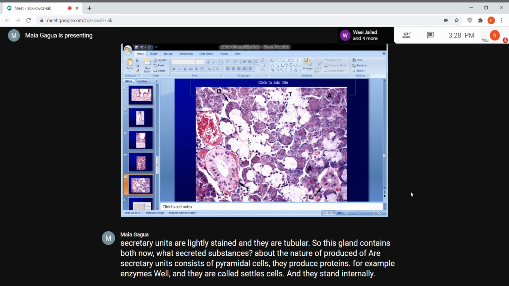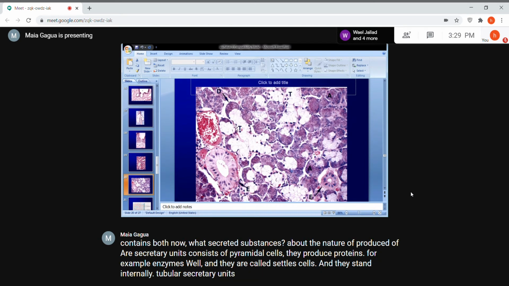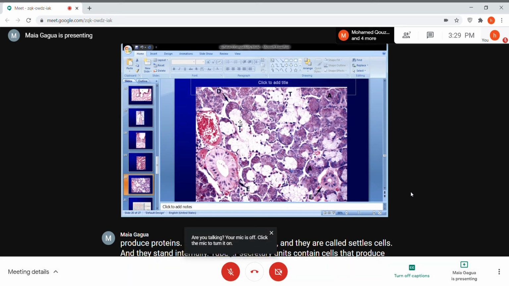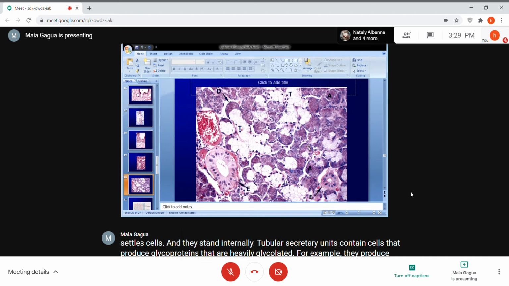Tubular secretory units contain cells that produce glycoproteins that are heavily glycosylated. For example, they produce mucins, and these cells are lightly stained. So you can easily distinguish them from each other. So such a gland containing both acinar and tubular secretory units produces a mixture of enzymes and mucus, because